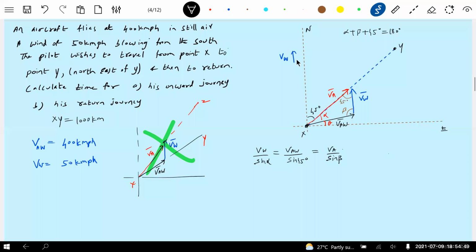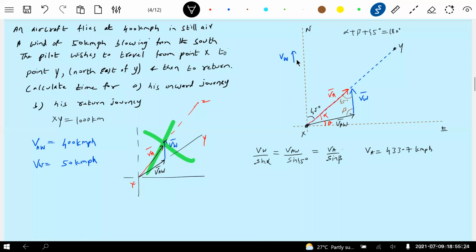Okay, now we have to find alpha, beta and VA. I think we can solve this. First using this combination, we'll get alpha. Then after getting alpha, substitute here, we'll get beta. That beta you substitute, you'll get VA. I have the value, so you can cross check later on. It is 433.7 kilometer per hour. This is the speed VA.